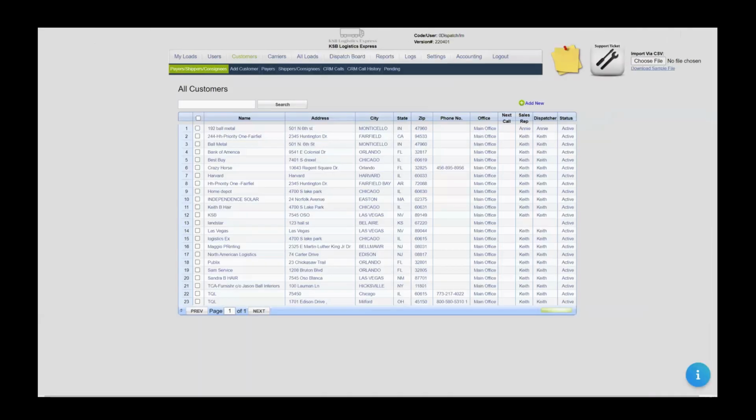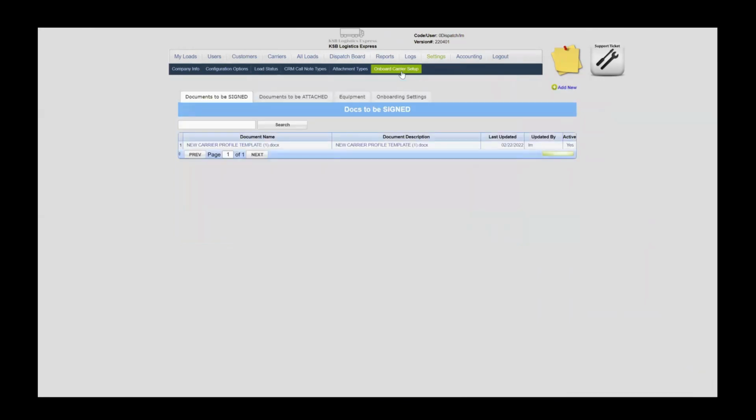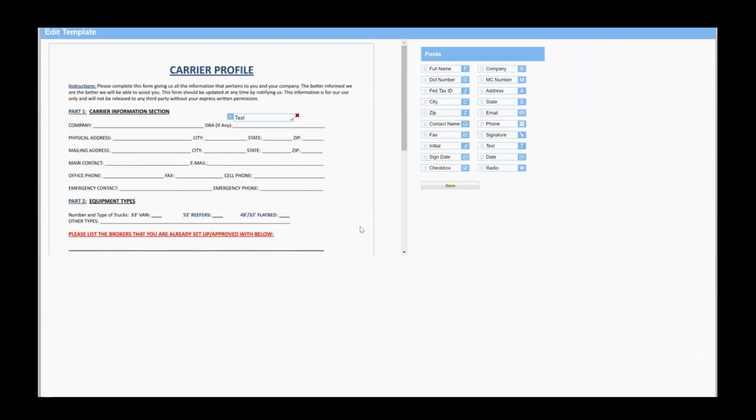Now, all of this can be customized on what you want. Because you're going to have your own intake packet, right? You're going to probably have a contract specific to you. You might have a niche that needs certain information. So you have the ability to set up this onboarding carrier all right here. And what's nice is that we partner with Zoho Sign to give you the ability to digitize any of your documents. You simply drag and drop